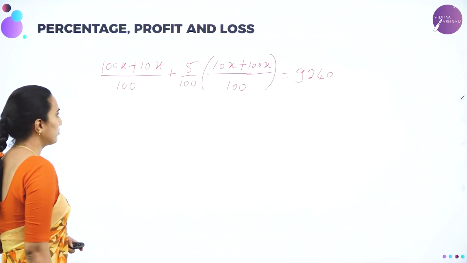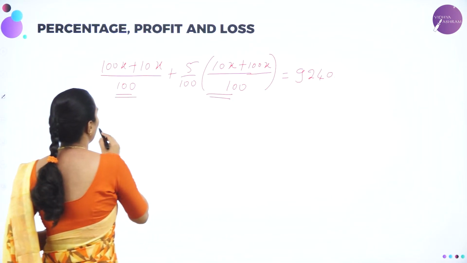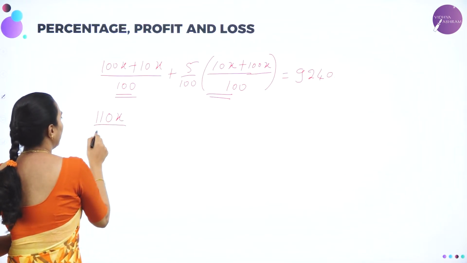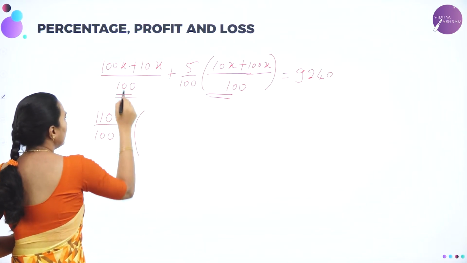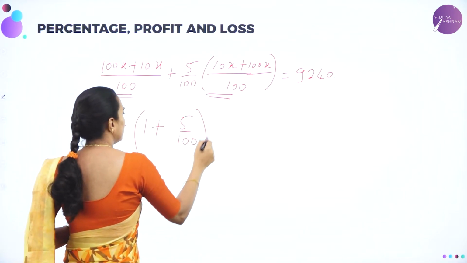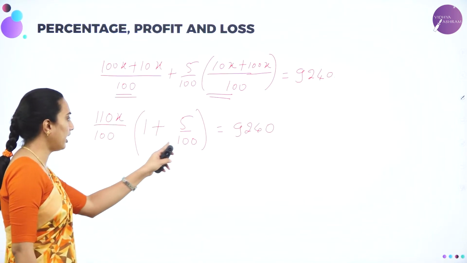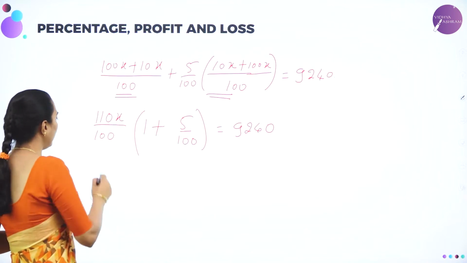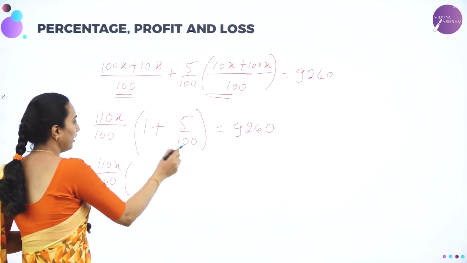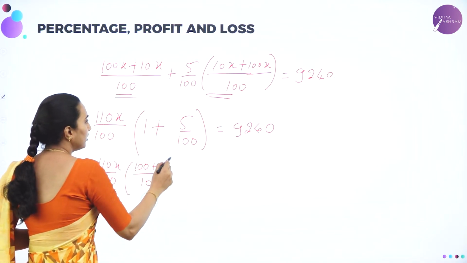So what we have taken is right now. Now you can take these two common. Therefore 100x plus 10x is 110x divided by 100. If you take common, here 1 remains plus 5 by 100 remains, equal to 9,240. Now you again take 100 as the LCM. So you get 110x divided by 100 into 100 into 1 is 100 plus 5 divided by 100, equal to